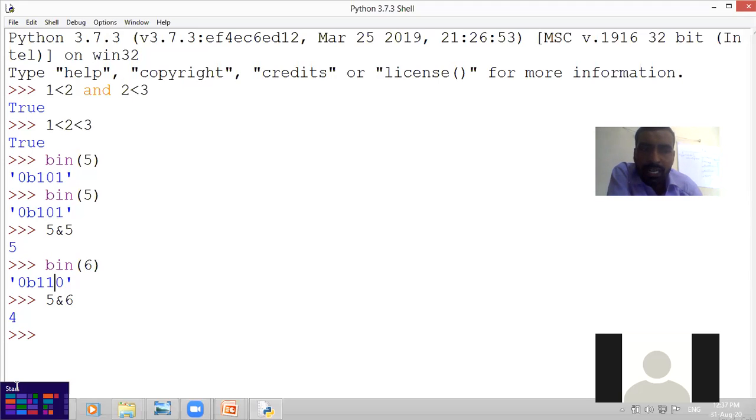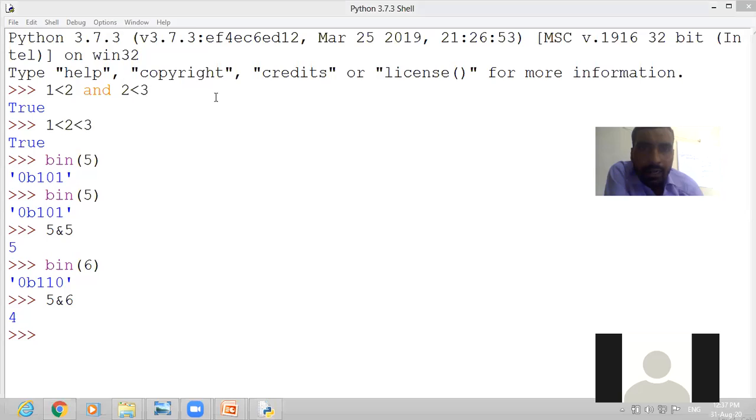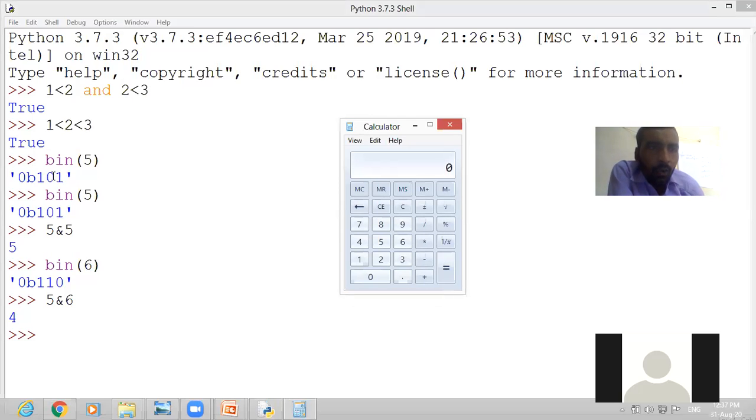Let me open the calculator, okay? Then I will explain. Kindly see the calculator also. What is there? 1 and 1 came as 1. Then 0 and 1 came as 0. Then 1 and 0 came as 0.